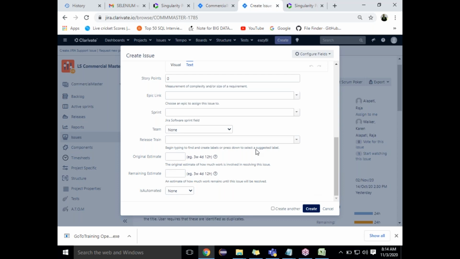Once you create it, you will get a template where you will get some data, like what the test steps are, what the different test steps and different test cases are. So test cases, test steps, expected output, actual output, there will be a small template that you will get, as part of Jira.